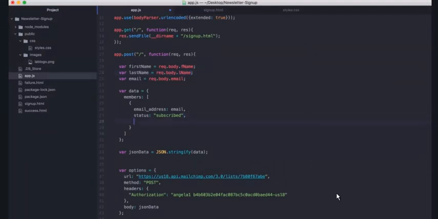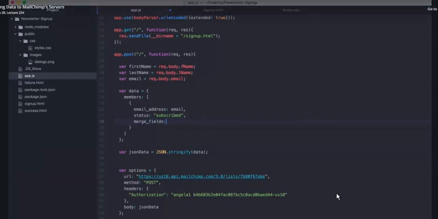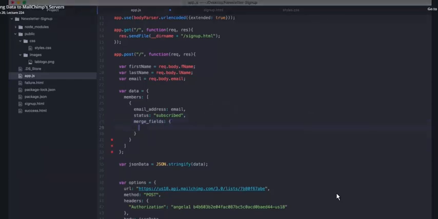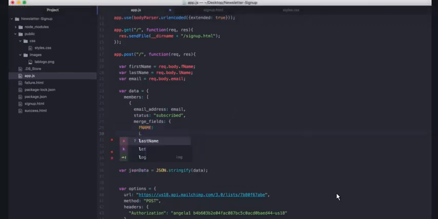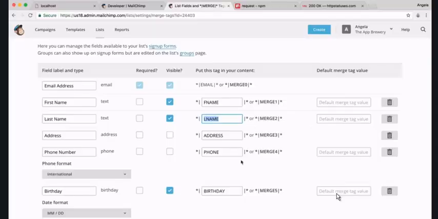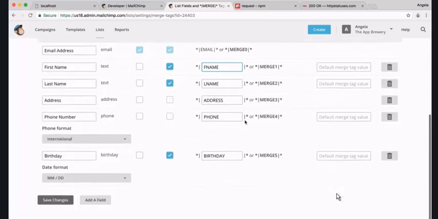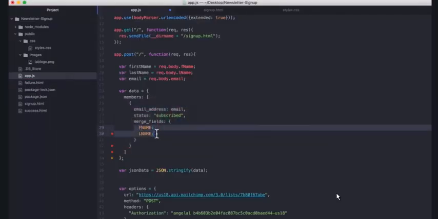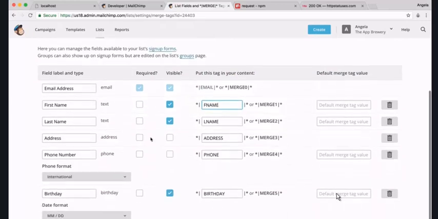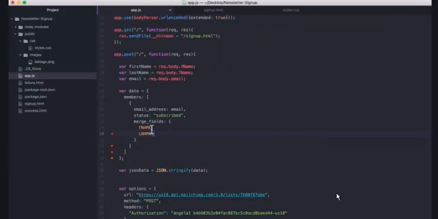So in addition to email address and status, we're also going to have our merge fields. And this is going to be an object with two merge fields. One is the FNAME, and the second is the LNAME. And just to remind you, this comes from our merge field for our list. And you can, of course, change this and save your changes to specify a different parameter here. And you can also have some custom ones. Say if you wanted to know, do you like cats? You can have a merge field for that, and you can target it in your code. But in our case, we just want to pass over the first name and the last name that we obtained